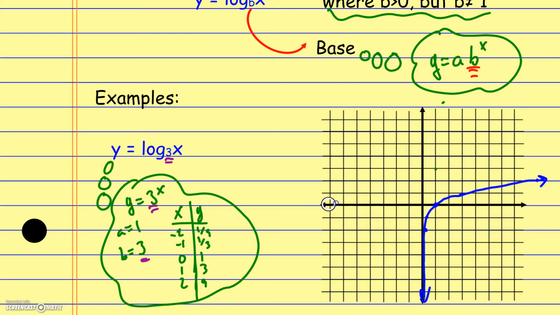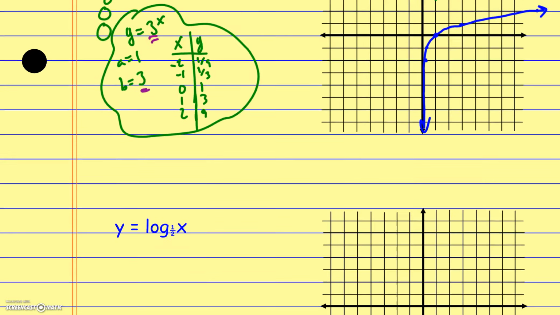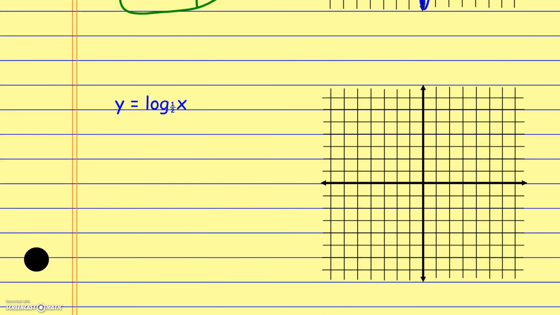I only graphed the exponential function so we can see that it's the reflection of that. So when you graph these things, think about them as the inverse of an exponential function. Think about the ordered pairs that we've had with that exponential function, and then flip each of them. Likewise, if we look at this one, again, the exponential function that I would think about here